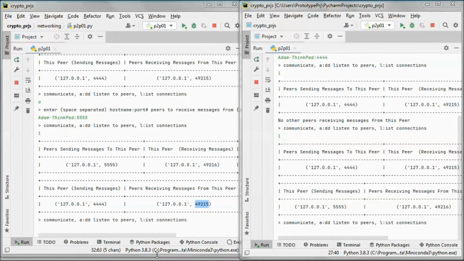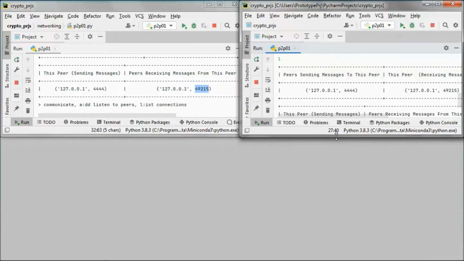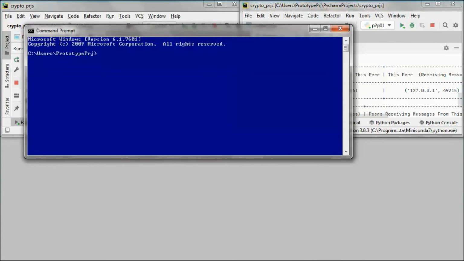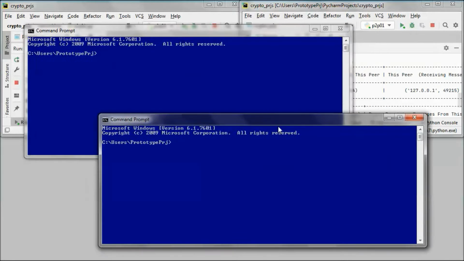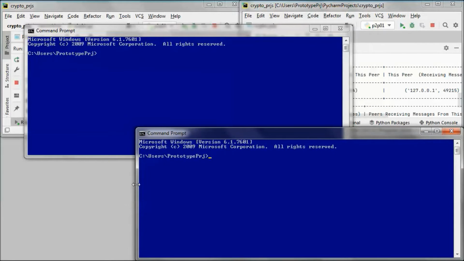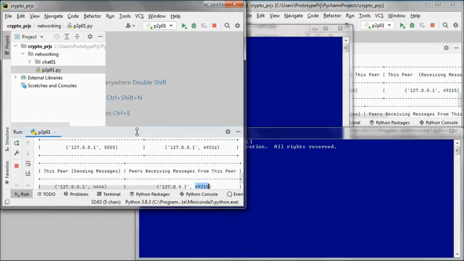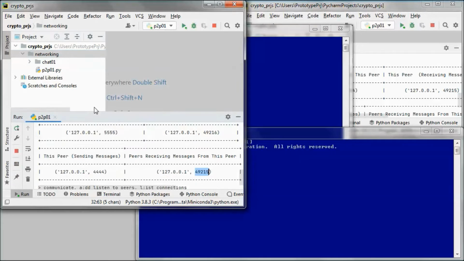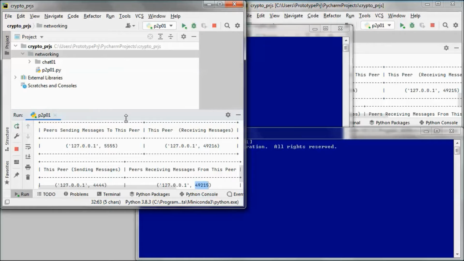And we'll have two more peers that are running from the command prompt. And our code is in this directory. So this is where our code is.